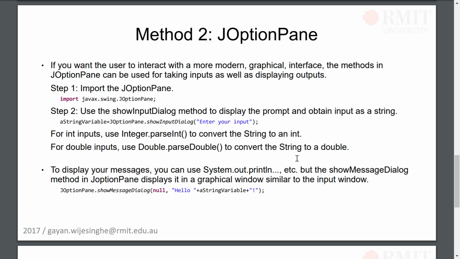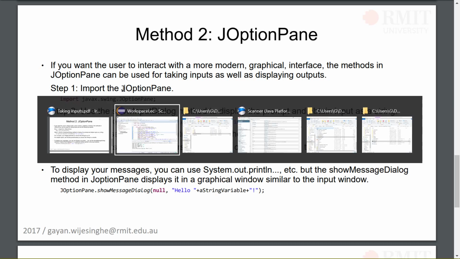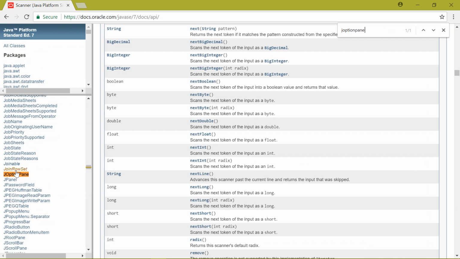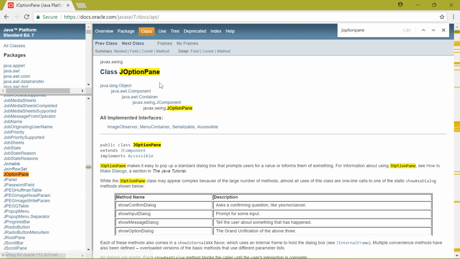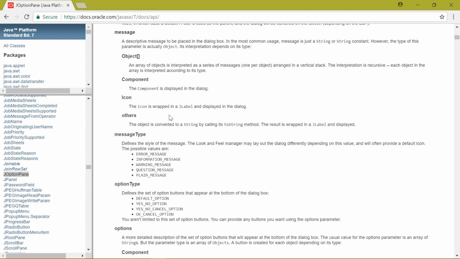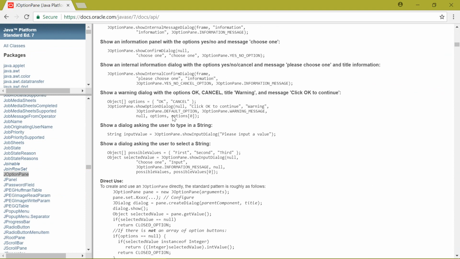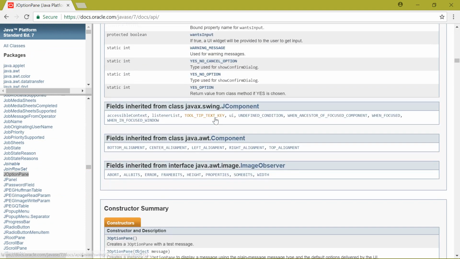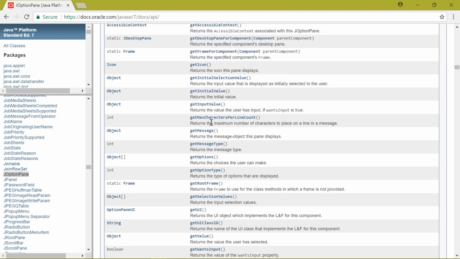So in this one, you still have to import the class, and this time this class is called JOptionPane. So let's go over to the Java API and search for JOptionPane down here in the bottom left area. And now you can see the documentation for JOptionPane, just like you could see the documentation for the Scanner class that we looked at earlier. And again, it'll show all kinds of details on how you can use